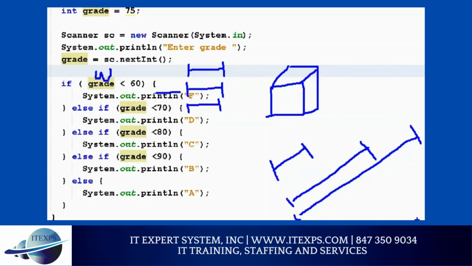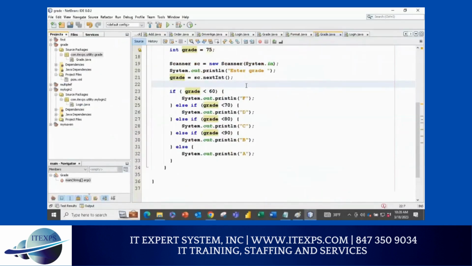If you are buying, say, 0 to 50, you will get this discount; 50 to 100, you will get this discount. Make sense or no? As your volume increases, the discount also increases. So multiple if statements are very, very popular. Sounds good? I hope you are clear. Any questions, concerns before I go to the next topic?